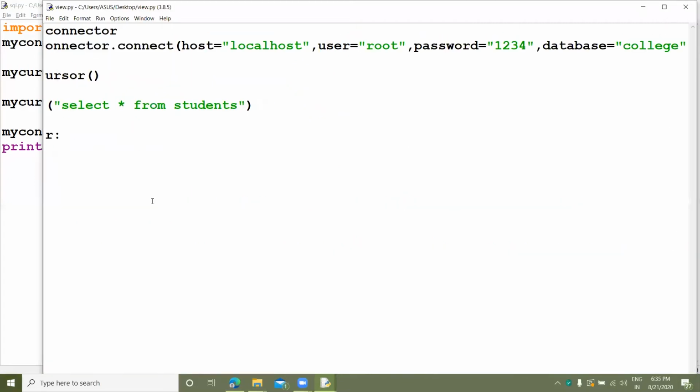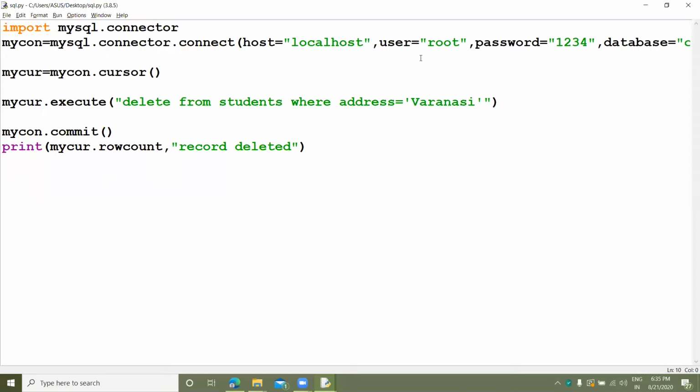So again we are deleting something. Check the name. The name is equals to Devans. Okay guys, delete from students where name is equals to Devans.